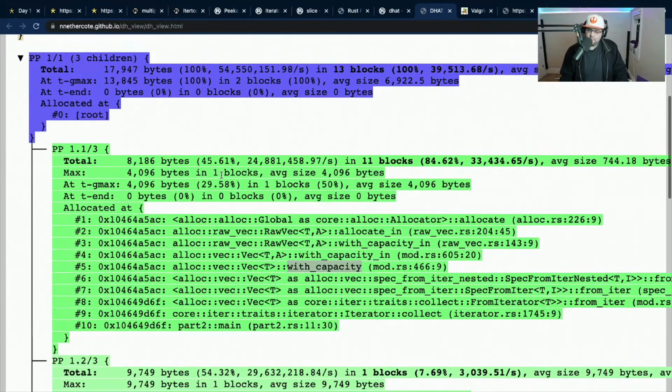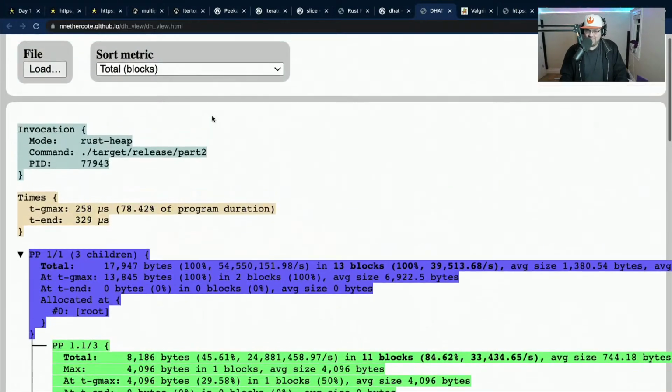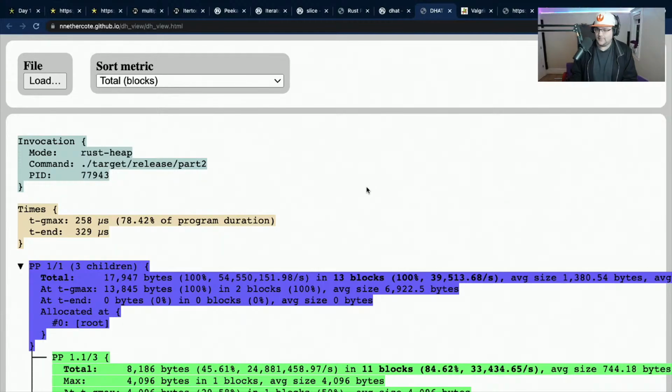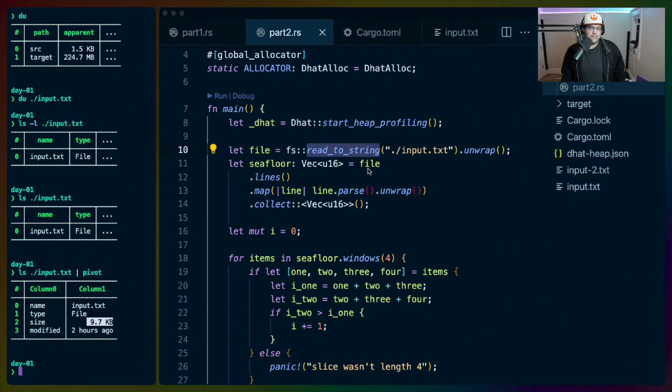That would probably be a low end use case though. Code golf is fun, for sure. But yeah, I'm happy with this. I think I'm gonna call it there. I'll see y'all tomorrow for day number 2, and I will have my coffee.